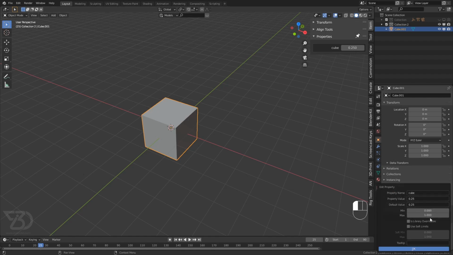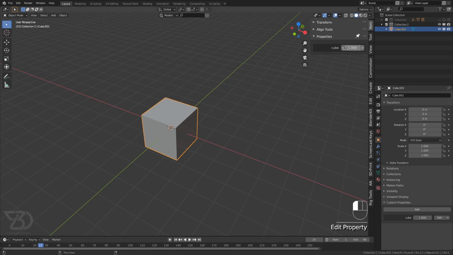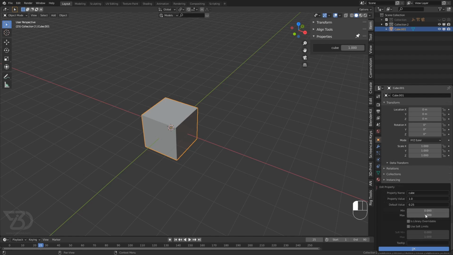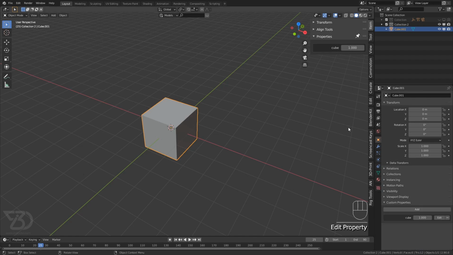Let's move to the next property. This is minimum and maximum. Now it's set to 1. If we drag it, it will not go above 1. If we type 10, it will still not go above that 1. So we can define that over here, minimum and maximum. Let's make it 10 for now, and minimum should be 0 or whatever you like. So we can now drag it to 0 and then to 10.